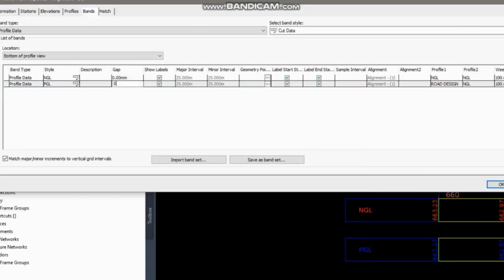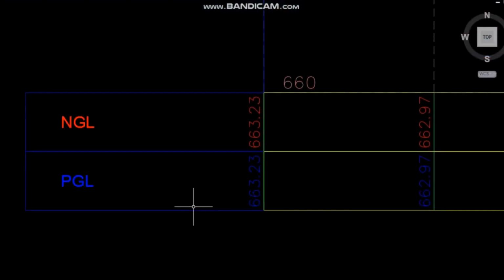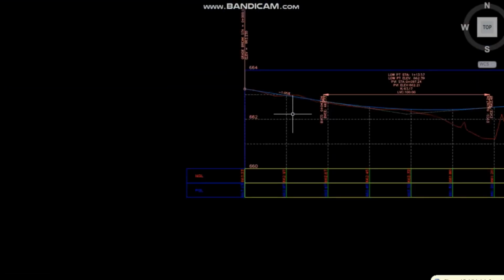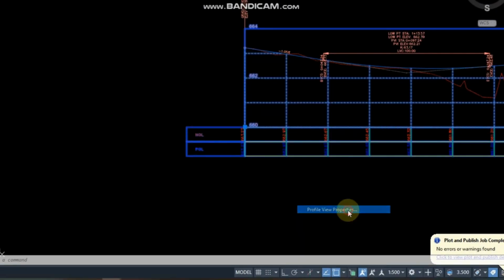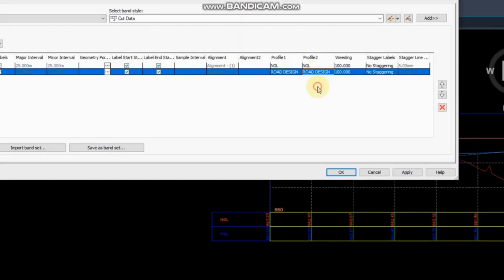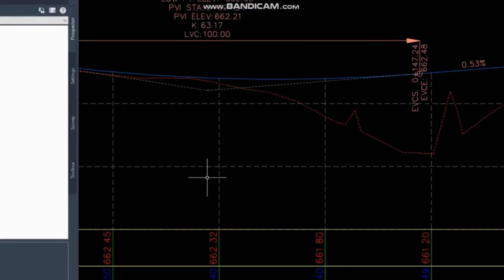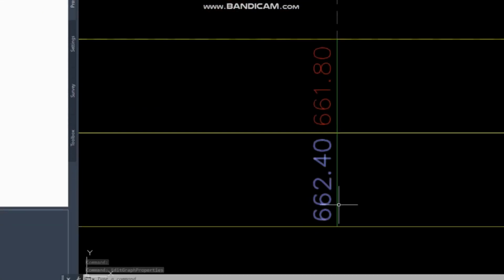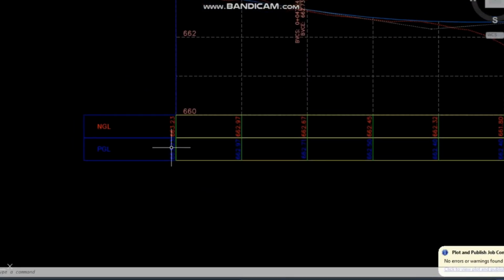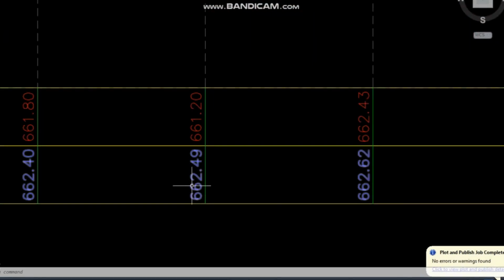So from the gap, if you want to keep it on 0, or you can give some value to it, but I always keep it on 0. So now you can see the values of both levels are the same, because in the NGL band I selected the natural ground. So from here, profile 2, I will select the road design as I gave a name to my design value. Now you can see here the NGL is down and the PGL is up, so there is a difference between